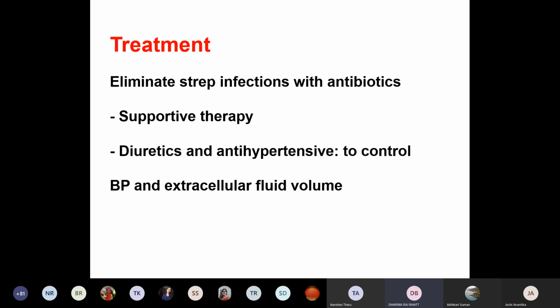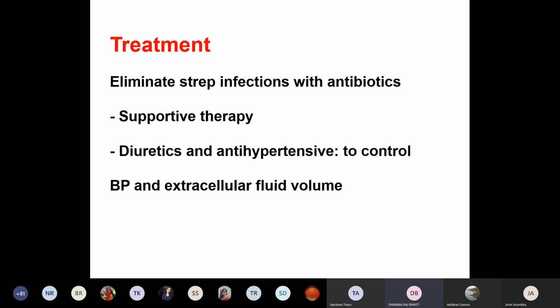Now for the treatment, for streptococci, antibiotics can be used. The most commonly used antibiotic is penicillin. Those who are allergic to penicillin, other antibiotics can be used. Otherwise, penicillin resistance has not been reported, or it's extremely rare among the group A streptococci. So either penicillin or erythromycin can be used to eliminate streptococcal infections,